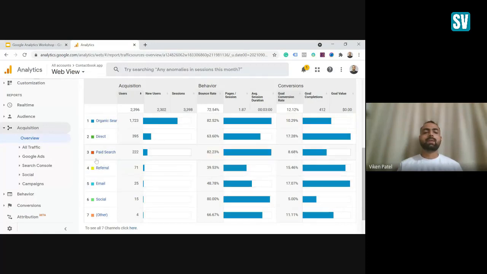So traffic channel wise आपको बहुत सारी इन्फॉर्मेशन मिलती है। For example, I am doing this paid advertisement, okay. 222 लोग मेरे पास आए हैं, उसमें से 82% तो बाउंस हो गया, right. और उसमें से सिर्फ 8% ने फॉर्म भरा है। It means that approximately 222 में से 17 या 18 लोगों ने ही फॉर्म भरा है। Okay, this is not good. अगर ये रेशियो है और मुझे ये रेशियो 8% से 15% लाना है, तो I should work on कि मेरी एड कॉपी कैसी है, मुझे कहाँ पे इम्प्रूव करना है, कोई टारगेटिंग ऑडियंस में या कीवर्ड में कहीं पे प्रॉब्लम है कि नहीं।